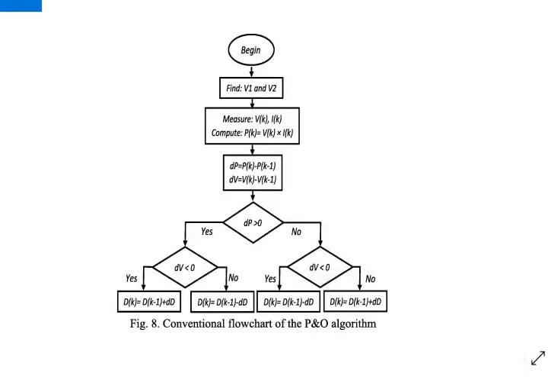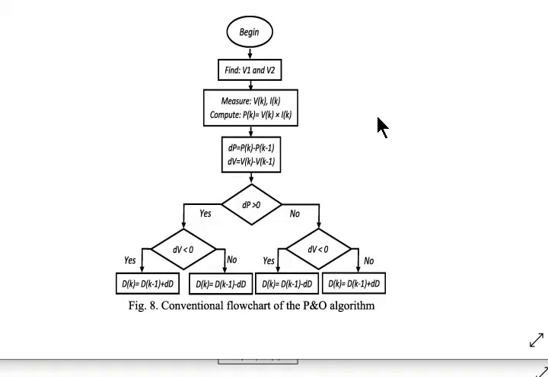You can also use the voltage based perturb and observe. It is the same algorithm, but in this case, instead of the duty cycle, we take the voltage as the reference. If the power is increasing, check whether the voltage is increased or reduced. If the voltage is reduced, then increase the duty cycle, otherwise reduce the duty cycle.